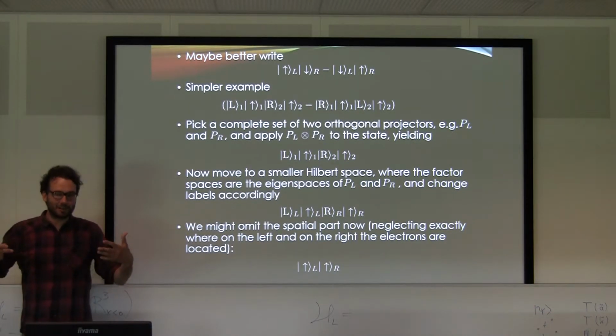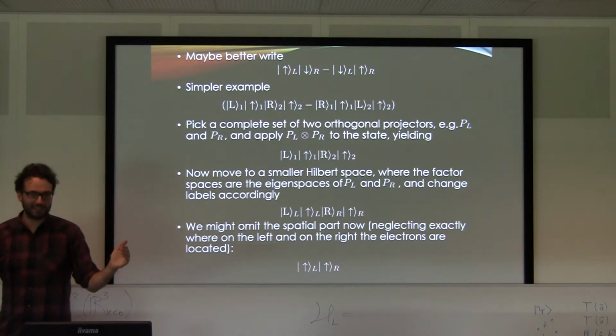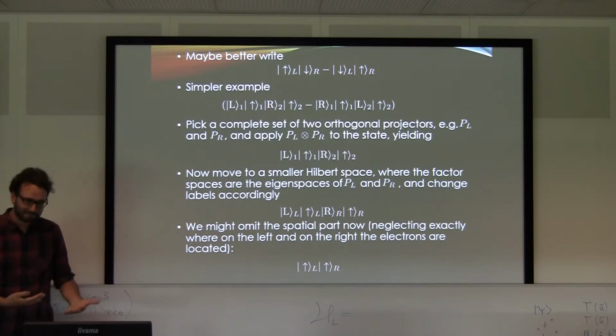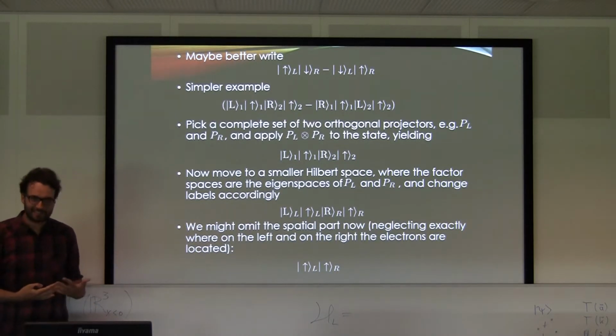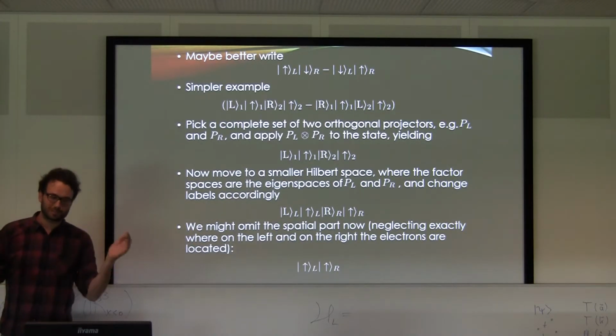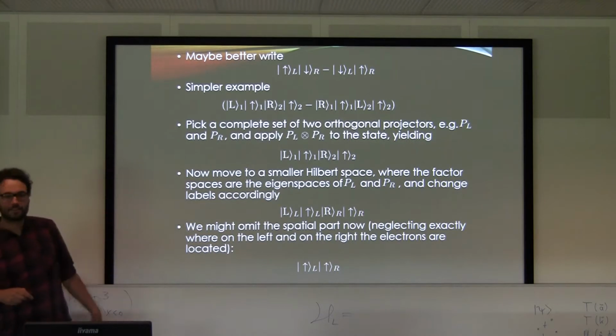And then the story is, but wait, if we go to the full Hilbert space, including the space degrees of freedom, that has to be definitely anti-symmetric. So I was wondering how these exactly relate. How do they clear up this confusion about the singlet state being anti-symmetric and the full state, including the spatial part? Right, the full state of the electrons includes the spatial part. And that changes the whole approach to Bell inequalities.